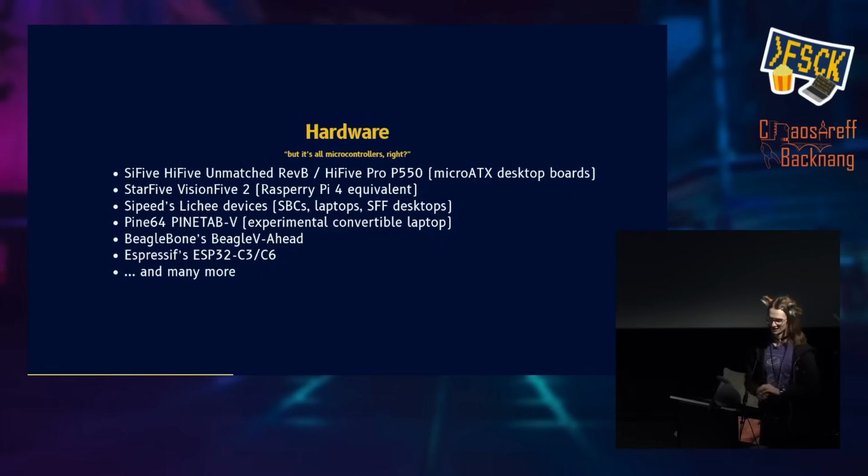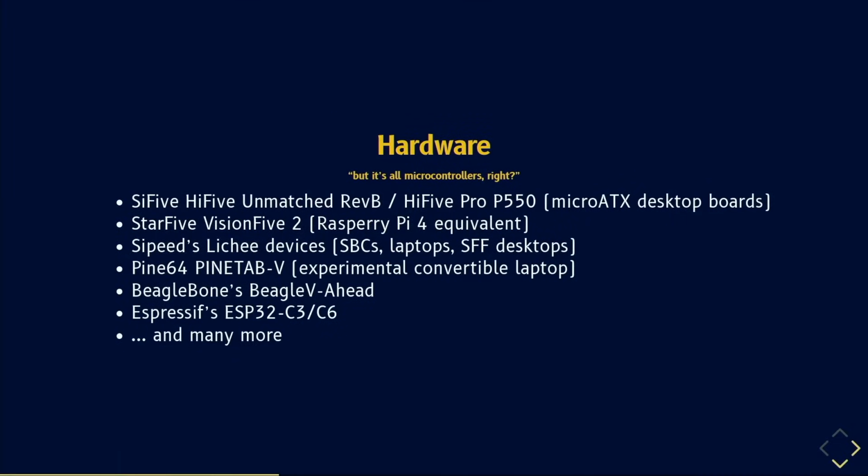But yeah, in terms of actual hardware, not just the cores but also full systems, it's not all microcontrollers, despite what you might think. There are the various HiFive boards, the Unmatched RISC-V, which is one that quite a few people have, and the P550, which should be coming out or is already out. And those are basically micro ATX desktop boards with all the features that you might expect from that. There is the VisionFive 2, of course, which is a Raspberry Pi equivalent single board computer. I'm going to